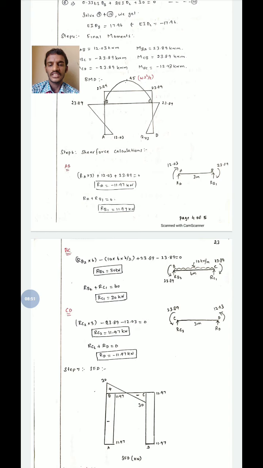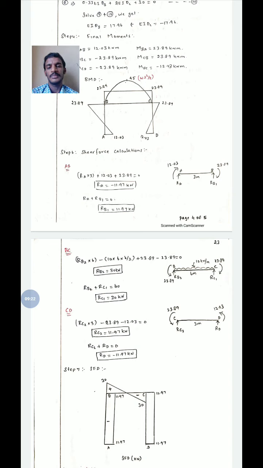Shear force diagram for the AB portion. At A point, there is a reaction of minus 11.97 kilonewton. It is in the negative direction, therefore it is drawn below the A point. And up to the B point, there is no load acting. Therefore, a straight line is drawn. At B, the reaction RB1 of 11.97 is acting; minus 11.97 plus 11.97 is considered as 0 and connected